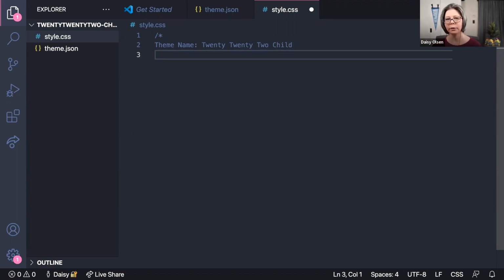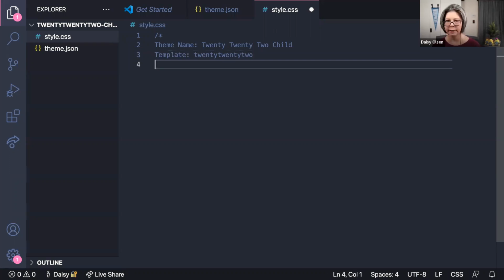And then in order for it to actually see that this is a child theme of the 2022 theme, I need to give it a template name as well. And that's template colon. And it's going to be the name of the directory that the other theme is in, which is 2022. And then I'm going to close this comment out